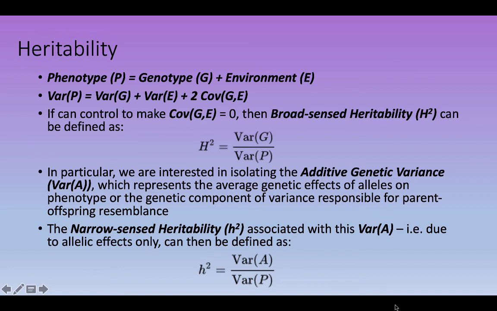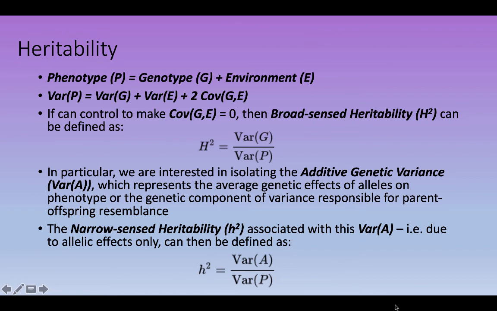Now, when we think about genetic variation, there can be a bunch of different factors that contribute to it. There could be dominance variation, there can be epistatic variation, there can be all these things. What we're interested in in this case is the additive genetic variation. So we want to be able to isolate the average effect of alleles on that phenotype. In this case, what we're really trying to identify is the component of genetic variance which is responsible for